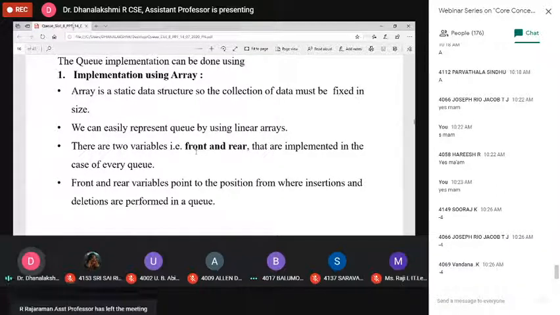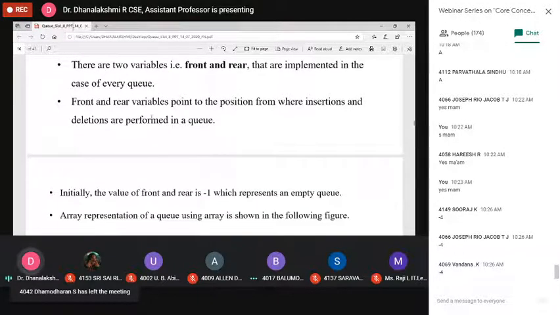But this is the array implementation, so I am using the variables front and rear. Front and rear point to the positions where insertion and deletion are performed. Front always points to the first position, and rear always points to the last position.